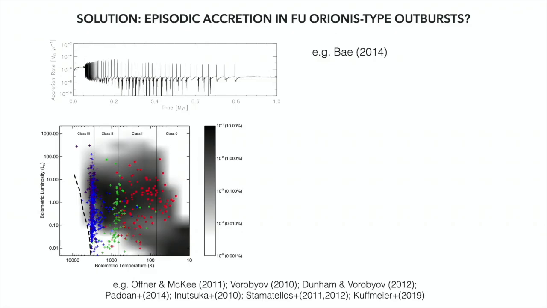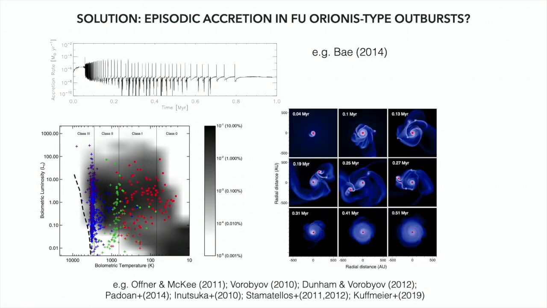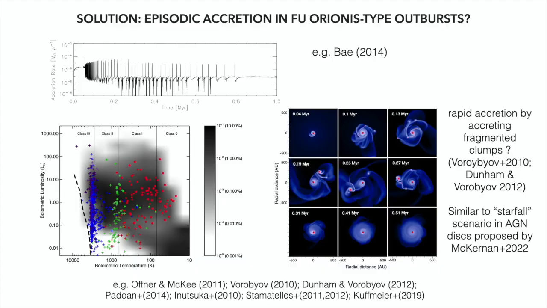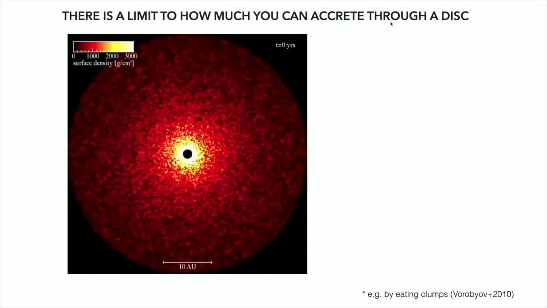Okay, so the question is, what are the protostars doing when they're in this high state? And that's the kind of thing I want to get to. One model is that maybe they are violently gravitationally unstable and eating lumps. But how could we possibly solve this problem about what stars are doing when they're in this high state? We could look with telescopes. Yeah, so we can actually observe some of these things.